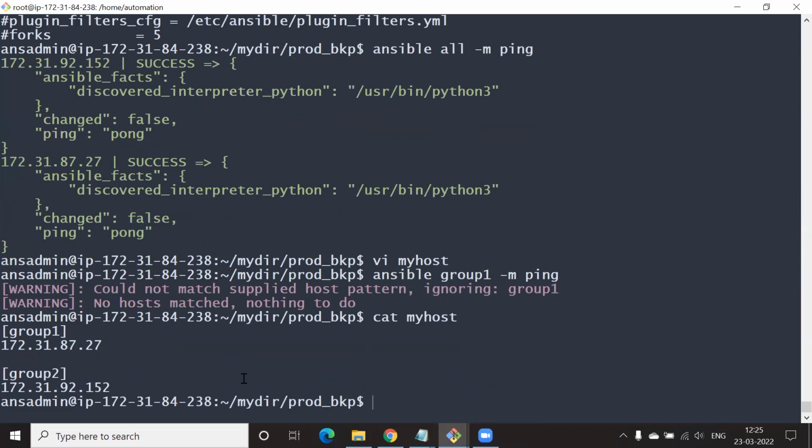GROUP1. And we are pointing to my host, right? Yes. Group1 seems to be good. Could not match supplied host pattern, ignoring group1. No hosts matched, nothing to do. One more time, just say ansible all.